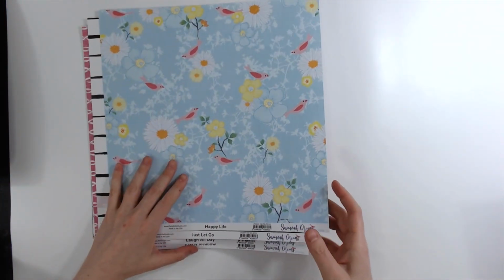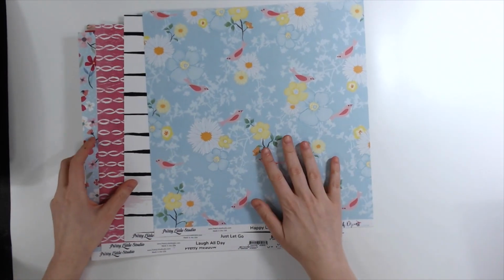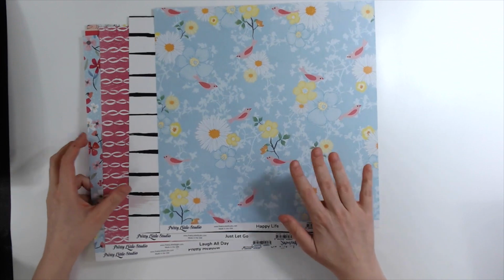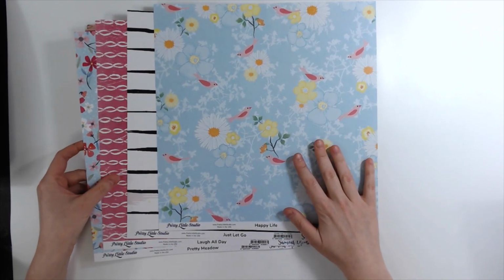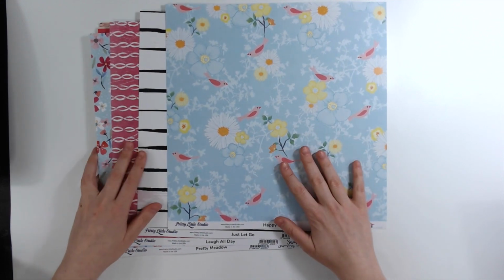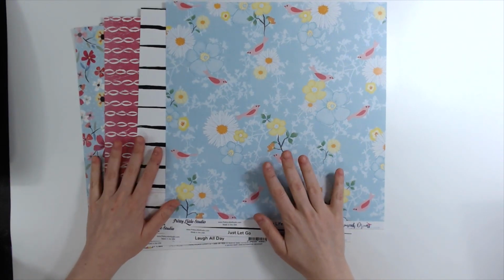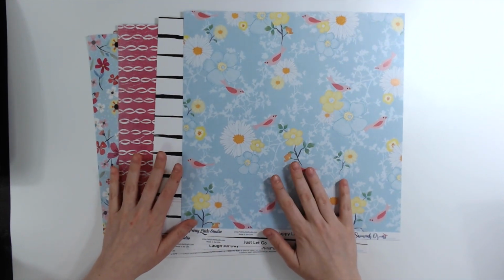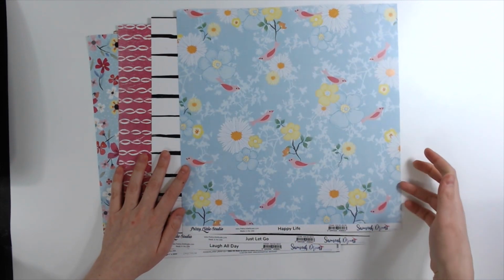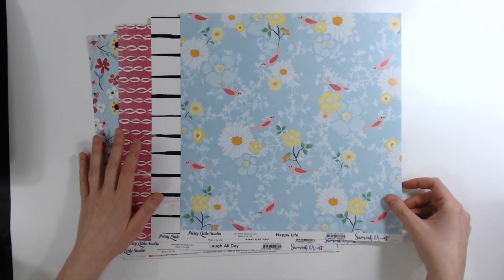So I have 4 papers from the Pretty Little Studio Savannah Dreams collection, and these I actually got at the crop I was at, and I asked if it was okay if I used them as part of my kit because they are new to me and I did spend money on them, and I haven't used them at all, so I thought it'd be perfect to use these, and Christy said that was fine. So these 4 papers I didn't get from scrapbook.com. I bought them at the crop I was at the first weekend in February. Like I said, they're from Savannah Dreams by Kim Watson, and they're so pretty, and